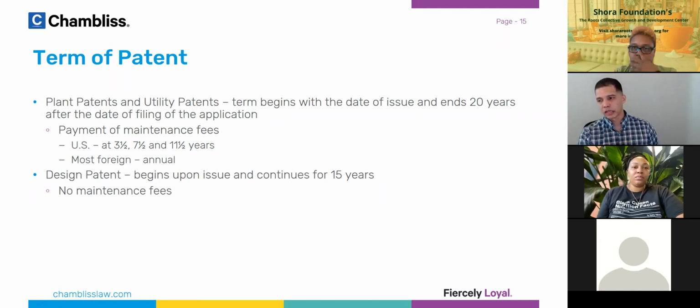Same for patents. If you're not paying for it, you don't see value in this patent, you're not going to pay these maintenance fees. And so then we're just going to let this patent expire. We're going to let that information go into the public domain, and maybe somebody else can use it. Wow. Okay. So another example, I guess, of a utility patent would be, if I am a hairdresser and